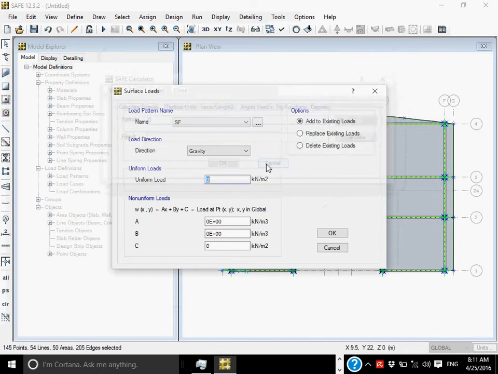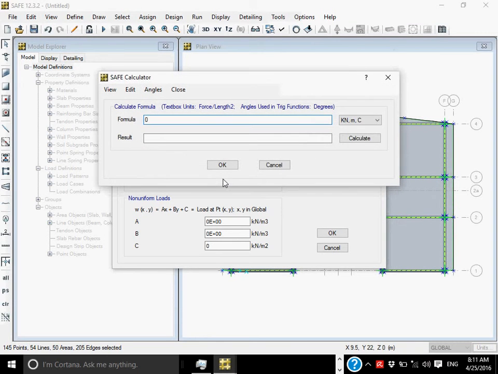If you press shift and double click here, it will bring this calculator in front of you, the SAFE calculator. Your surface finish thickness was 75 millimeter. So 75 over 1000 into the density of surface finish, we have considered 2300 or 1900.